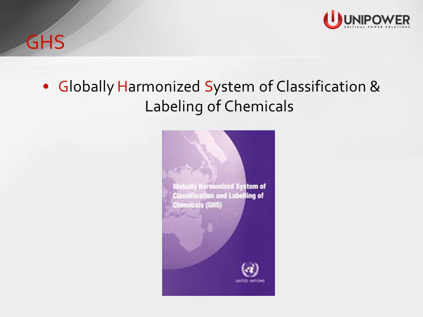First, let's discuss what GHS is. The Globally Harmonized System of Classification and Labeling of Chemicals, or GHS, is an internationally agreed upon system created by the United Nations. It's designed to replace the various classification and labeling standards used in different countries by using consistent criteria for classification and labeling on a global level. GHS is a system of standardizing and harmonizing the classification and labeling of chemicals. It defines health, physical, and environmental hazards of chemicals, and it also communicates hazard information as well as protective measures on labels and on safety data sheets.